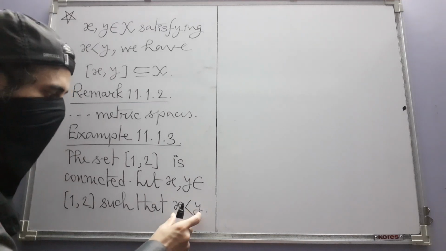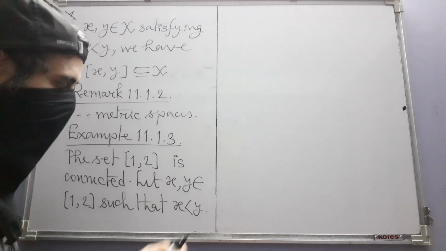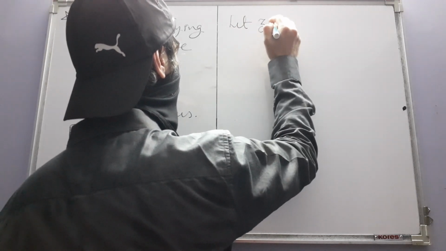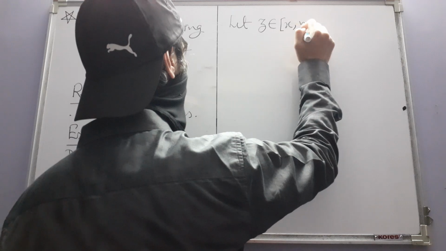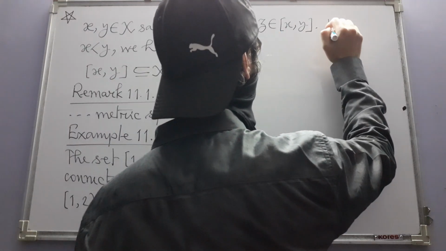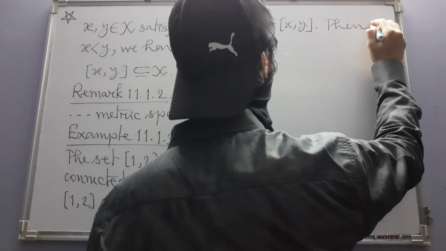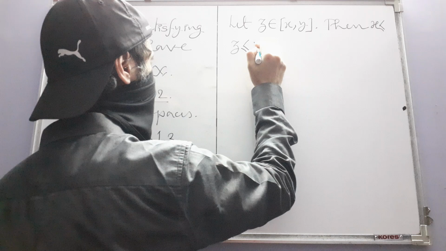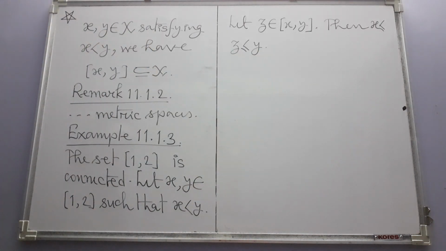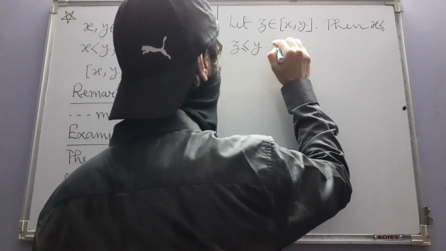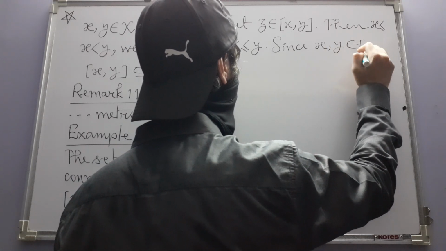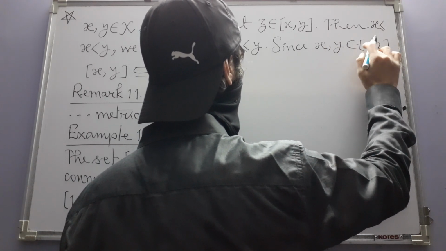That means you need to show that the closed interval is a subset of this. So you take any element in the closed interval, let z belong to [x, y]. Then x is less than or equal to z and z is less than or equal to y. That's what being in that closed interval means. Now since x and y themselves belong to (1, 2),